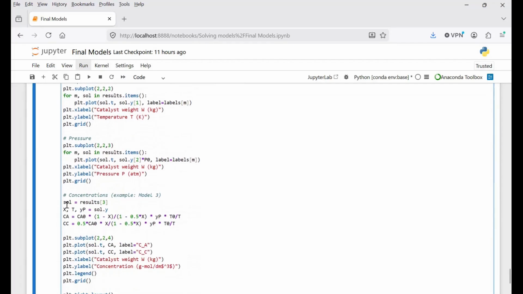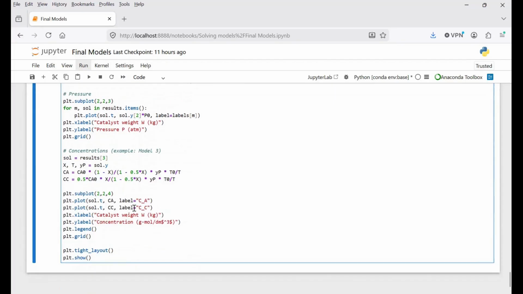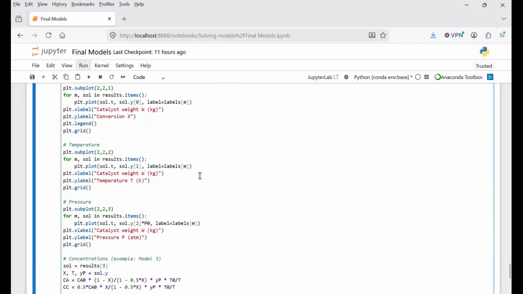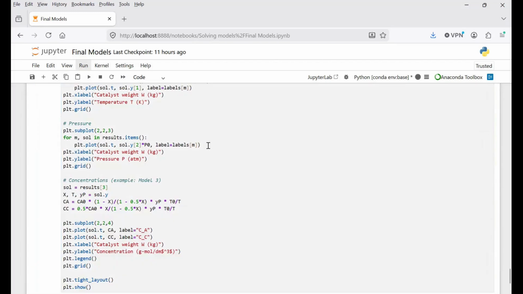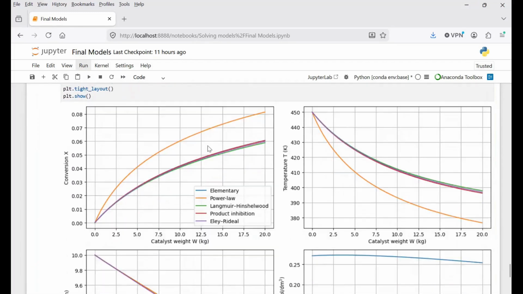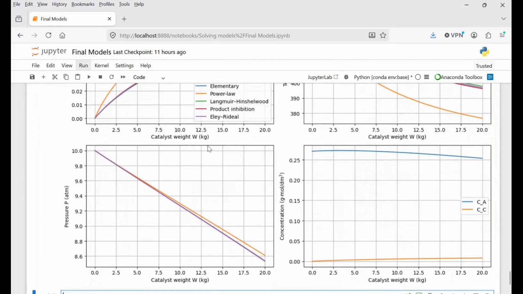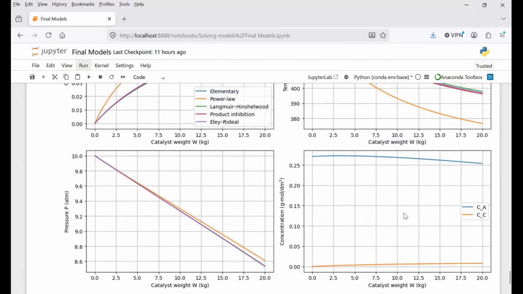So after that, then we extract the solution. So here we are just recalculating the values of the concentration. When we extract the result for the Sol, then based on that, if we are just plotting, for example, model 3 separately, and then we plot that. Then when we run it, we should generate the values. Yeah. So here, what I did before is that if I want to plot model 3 separately, we just plot